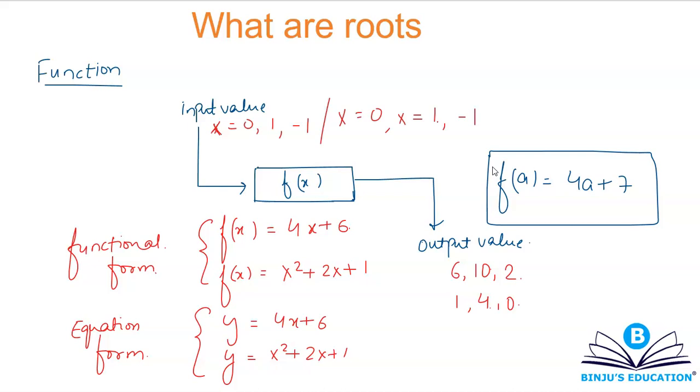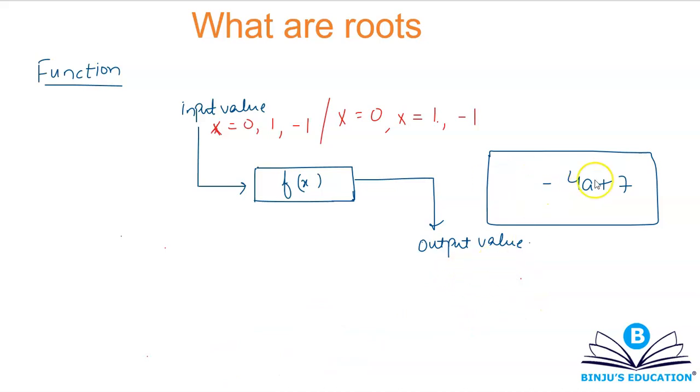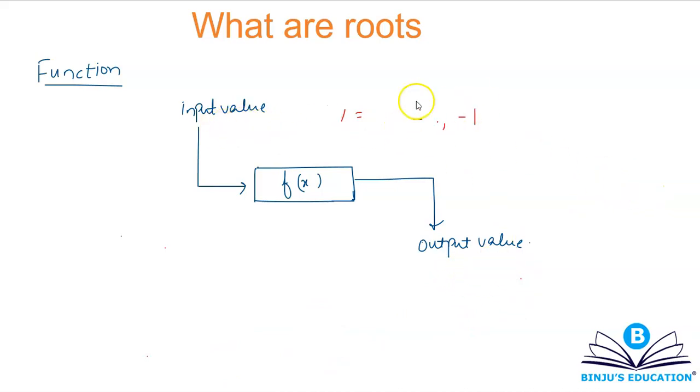Now we understand this term function. The second thing we need to understand is what are roots. Roots you can calculate for any type of function, so we need a generalized definition for the same. When you talk about the term roots, you can also call them solutions. You can also call them x-intercepts. All three names are valid: roots, solution, x-intercept. They are called x-intercept when the function is with respect to x.